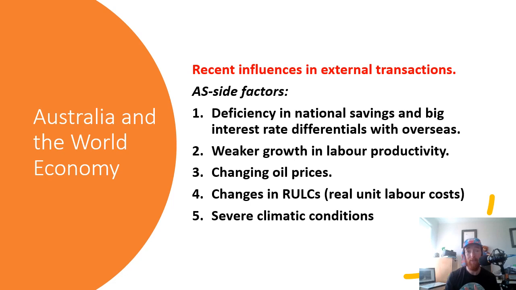And then lastly, severe climatic conditions. So in Australia, recently we've had bushfires, we've had all kinds of different major weather events, and this has led to our natural resources being greatly damaged. Our agricultural resources and our tourism have been completely destroyed this year through the bushfires and now the pandemic. So climatic conditions can really hurt our exports because